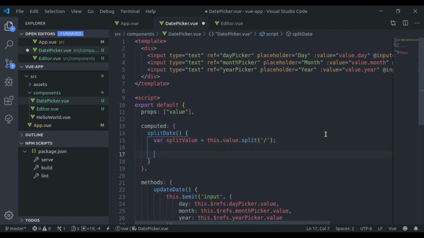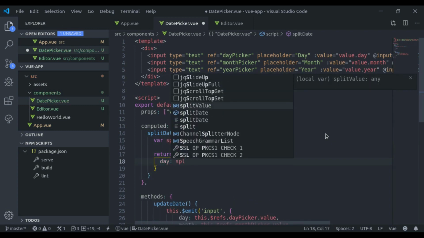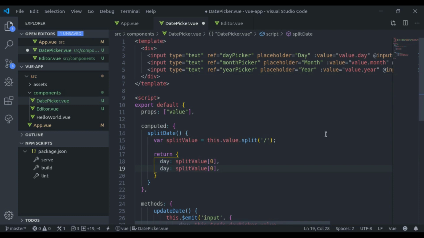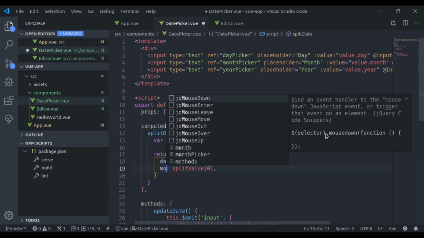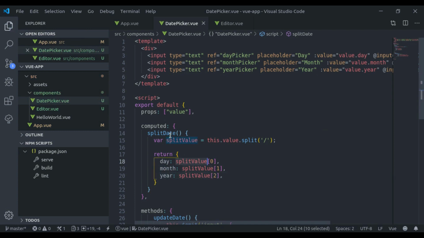Next it is an array, so here we'll say return an object: day is equal to splitValue at 0 index, month is at 1 index, and year is equal to splitValue index 2. Now we will replace this value with splitDate.day, splitDate.month, and splitDate.year.